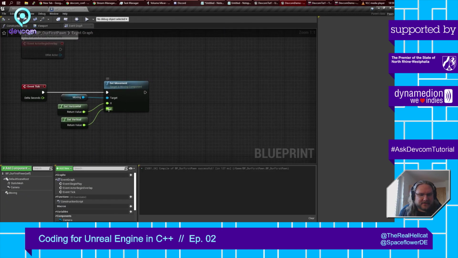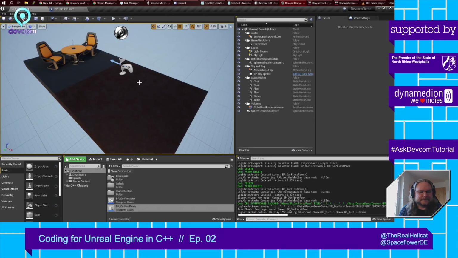But before we do that, we just do it the lazy way. We just don't cross the streams. Blueprints have a right to be nice and tidy as well. So we put the vertical into the X and the horizontal into the Y. And for now, we're just going to be living with that. I'm not even sure if now I maybe need to swap the negative and the positive one, but we're going to see that. First we go into, and now I actually have,